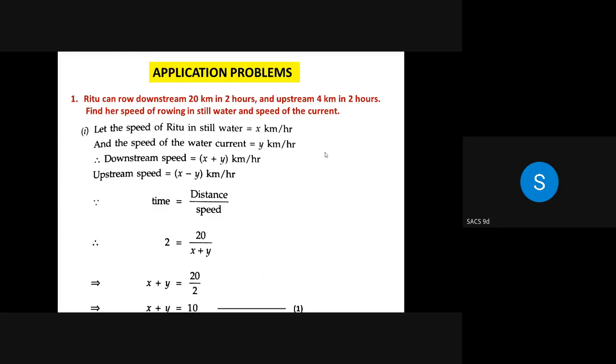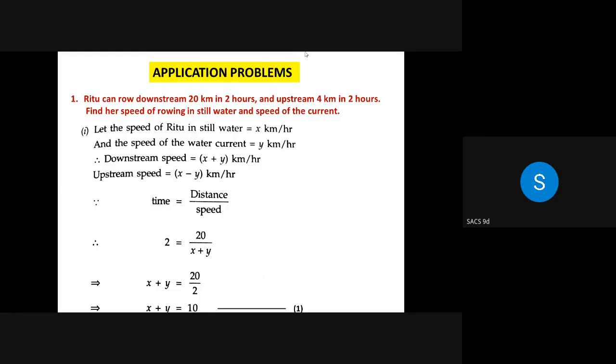Now in a river, the river is flowing in a particular direction with a certain speed. So there's a certain current in the water. So the speed of the current, when a person or a boat or anything that is there in the river goes in the same direction as that of the current, okay, the direction in which the river is flowing, if someone is going in the same direction, then the speed of that person increases. The speed of the current gets added with their own speed and the speed will increase. So downstream means same direction as that of the current.